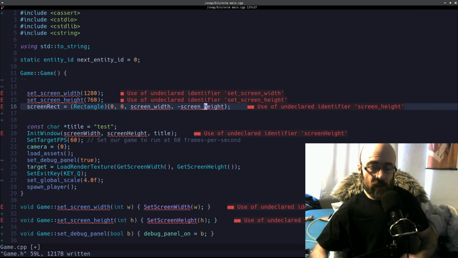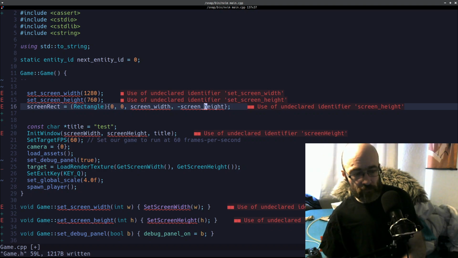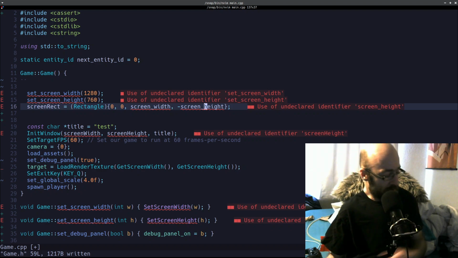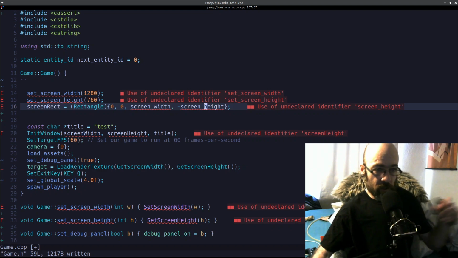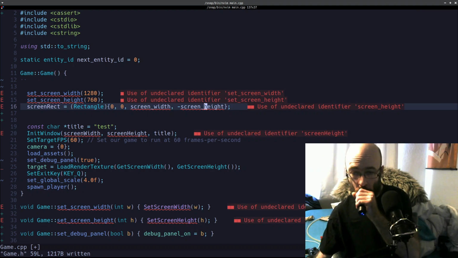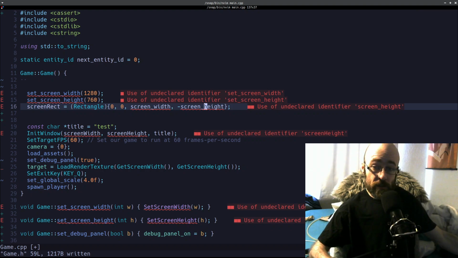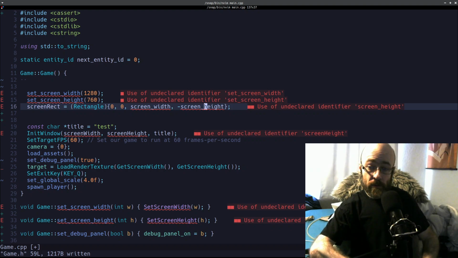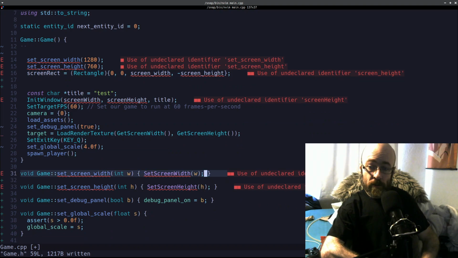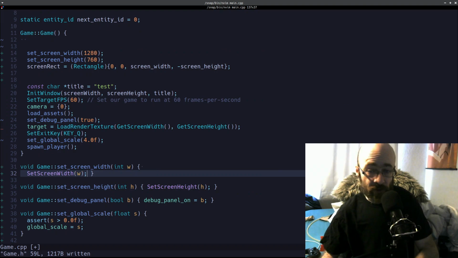So if we wanted to construct an object for the game and specify the window that way, we actually don't have a function for this yet. So what we're going to have to do